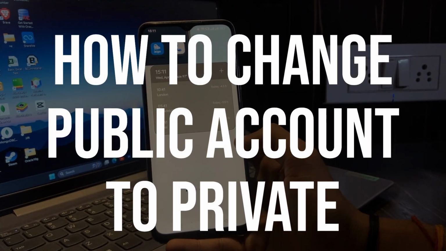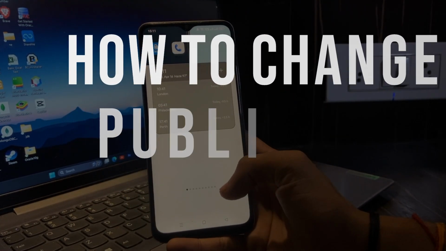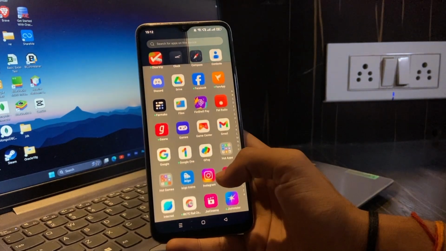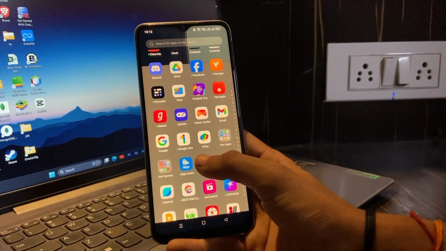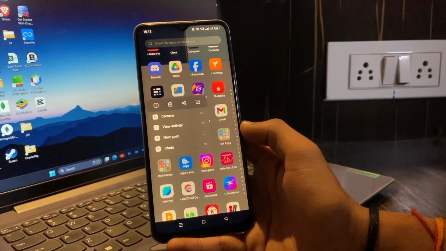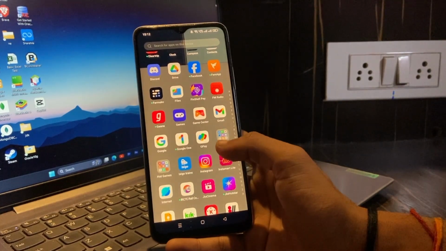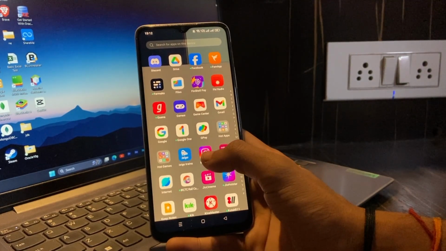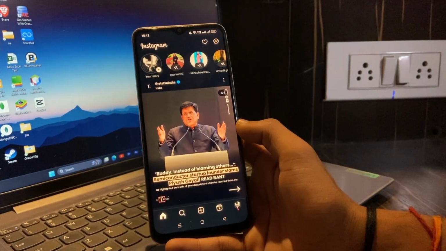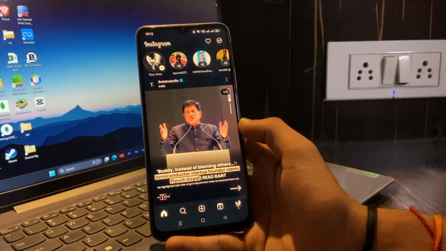If you also have a professional or a public profile on the Instagram application, that is a social media platform, how you can simply turn your profile from a professional, from a public profile to a private and more secure profile here. For this, click on the Instagram application on your device and you'll be able to see that this